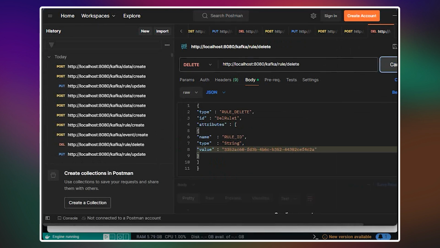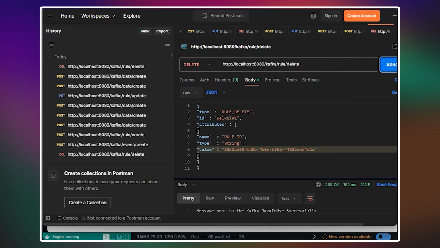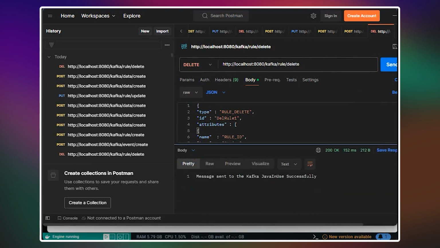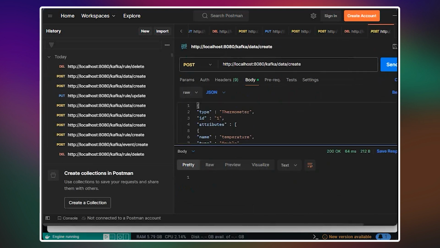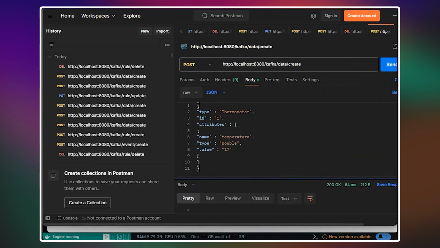So I will delete that. I can see here this is successful. And when you just send more information, the required behavior does not exist anymore, and will not happen.